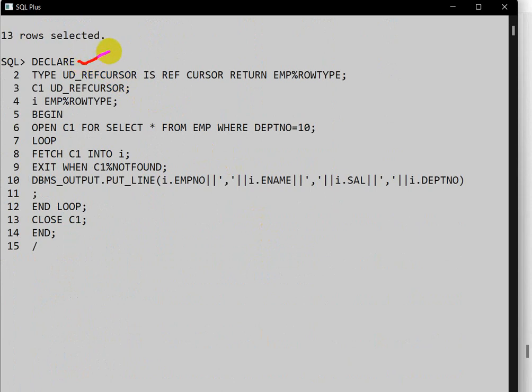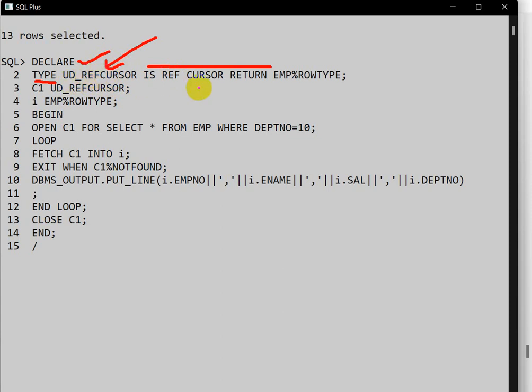In the weak ref cursor we have a predefined data type for the cursor, but in the strong ref cursor we have to define a user defined one. So we have seen the syntax. This is the common TYPE, and up to this we have to write, and here we have to give the data type name.